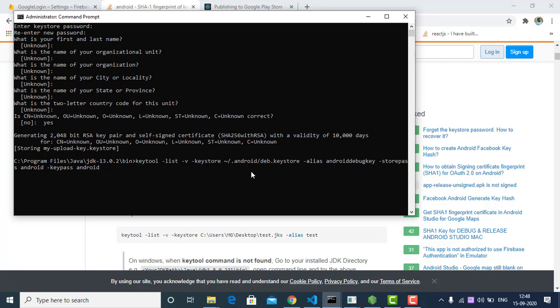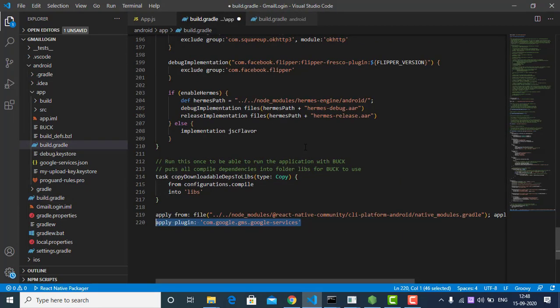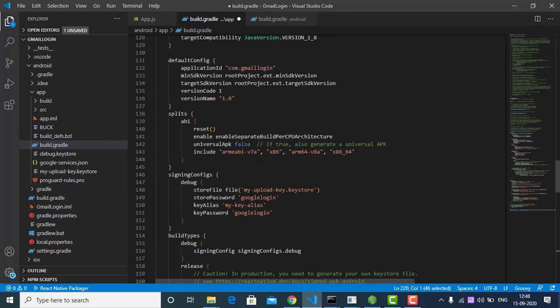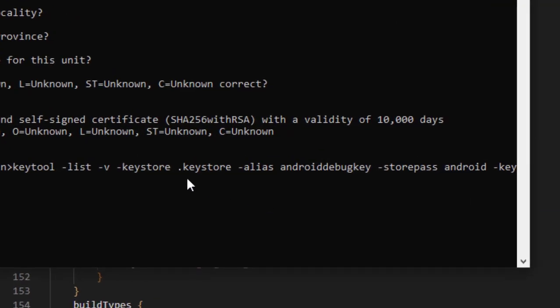We have to define our keystore file. What is our keystore file name? Here our keystore file name is my upload key.keystore. So we are going to copy it here, and then the alias, and we have to change the alias name.